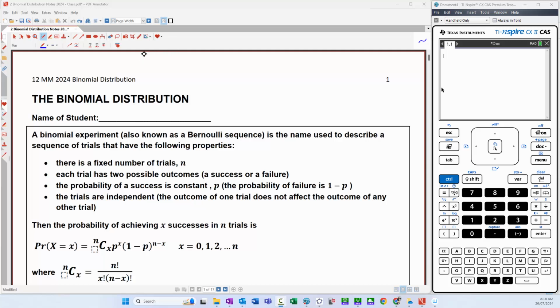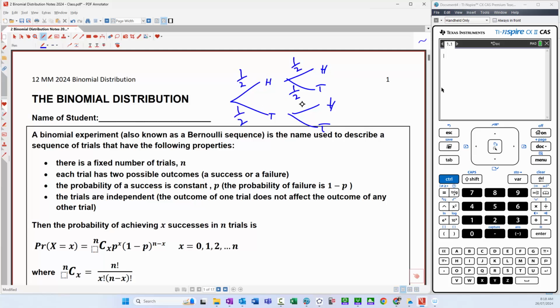If you've ever done a probability question and you're drawing the tree diagram, maybe a coin flip or something like that, and the tree diagram looks like this. So you've got, for a coin flip, heads or tails, heads or tails, heads or tails. So the scenario is that you've got two possible outcomes for the experiment,